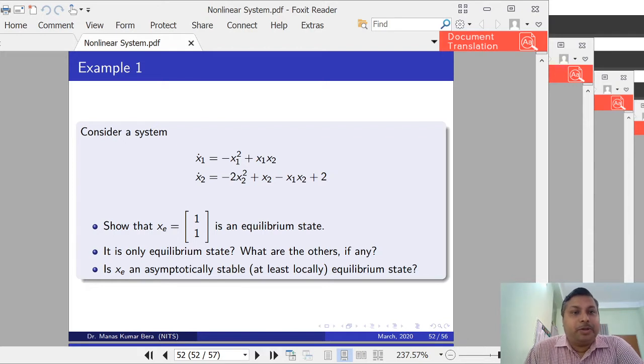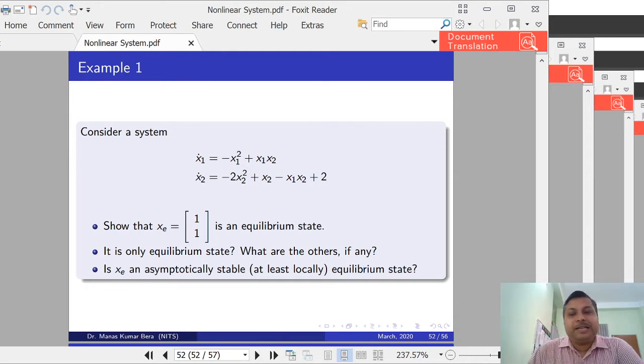So today we are going to solve some of the examples based on Lyapunov theory, what we have discussed in the last class. So in the last class we have taken an autonomous nonlinear system, and we have discussed different notions of stability using Lyapunov theorem, and we have given basically the definitions of stability. Then we have given the definition of asymptotic stability, and we have given the definition of exponential stability, both in the sense of local as well as the global.